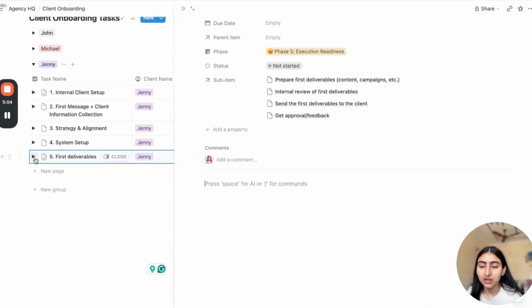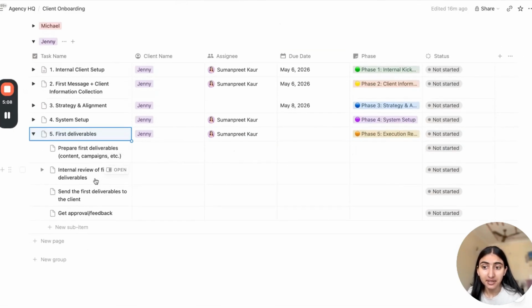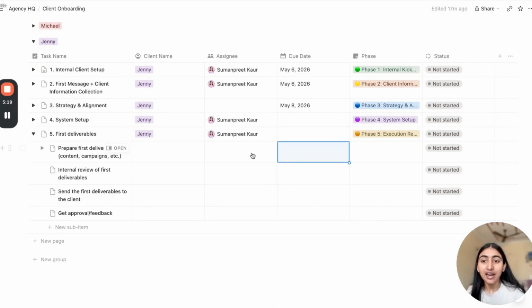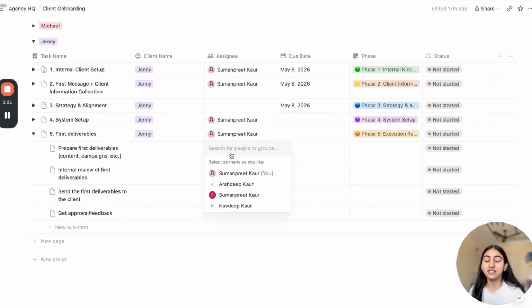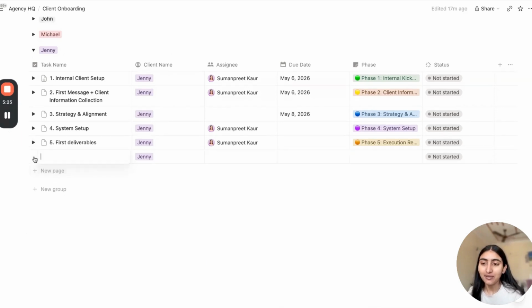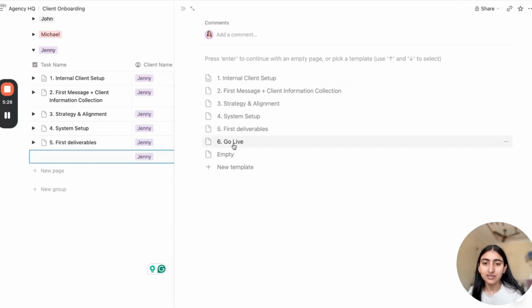So it contains all the subtasks: prepare the first deliverable, internal review, send the deliverable to the client, get approval. So it also depends on how this process flows in your system. So you can mark the due date here, and whoever is responsible for any certain thing, you can directly assign them here. And now we have the last step of this onboarding, the sixth one, that is go live.